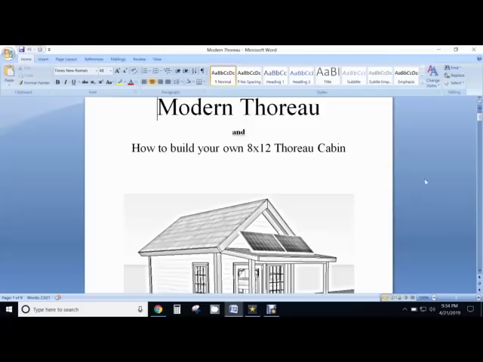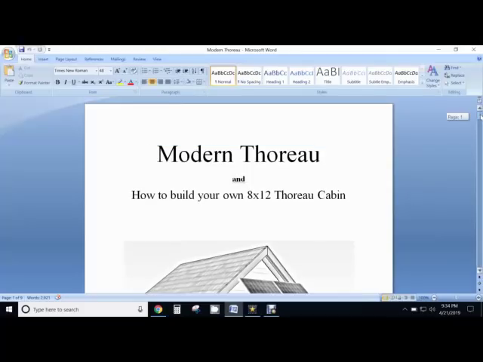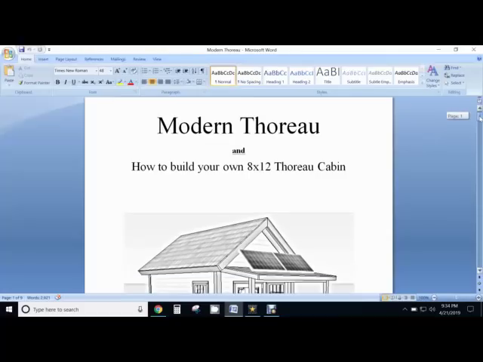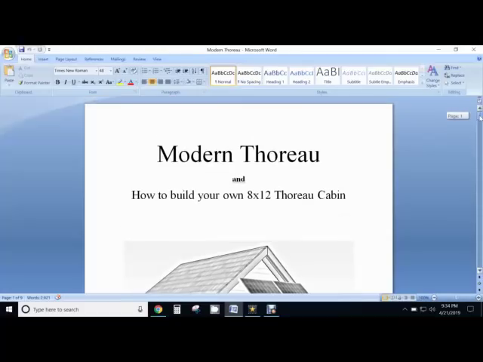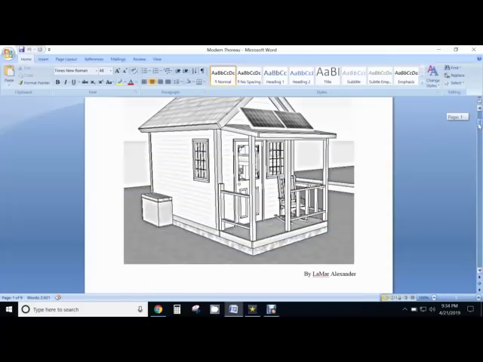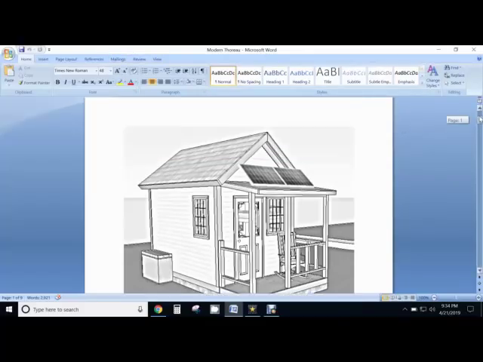Now, this I start with is, as I said in my first video, which I hope you will go watch, part 1 of this series on publishing your own books and ebooks. This is the ebook and book that I'm working on right now. Title is Modern Thoreau. I already go through a discussion of how I set this up. The program that I'm using is Microsoft Word 7.